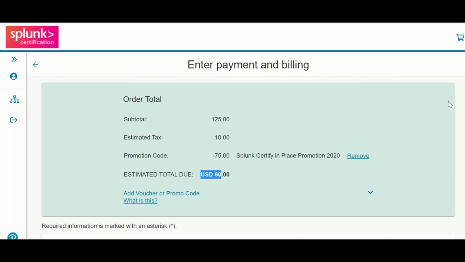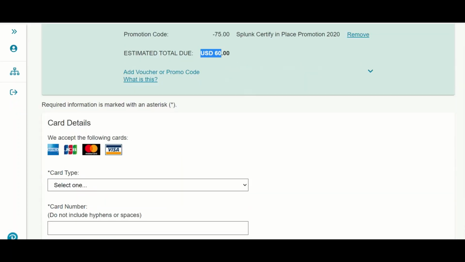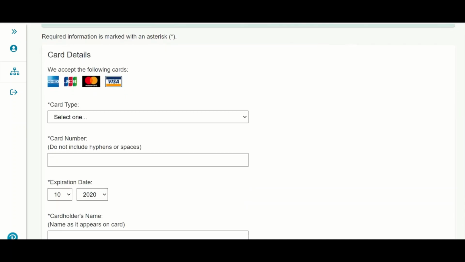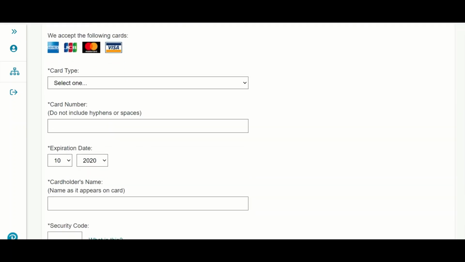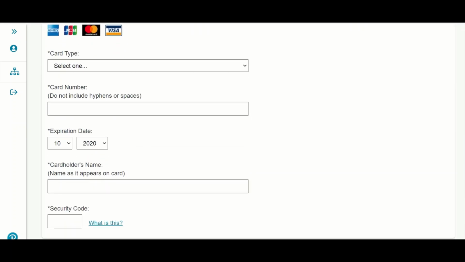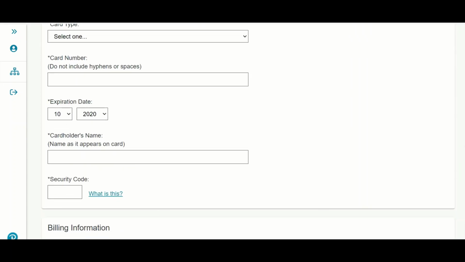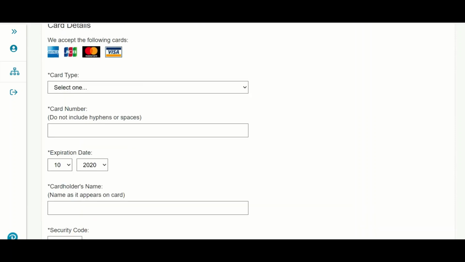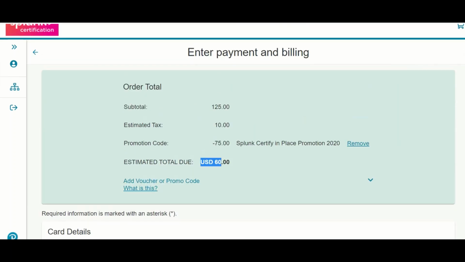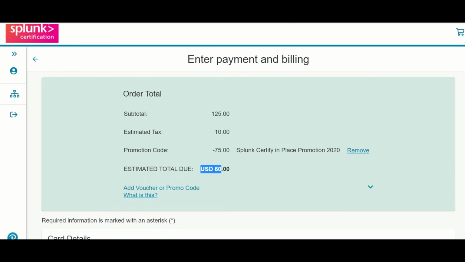Now you need to go down and fill in your card details and everything. Once you do that and click on make payment, the billing information will be there at the bottom, and it will give you a confirmation email that your exam has been booked.